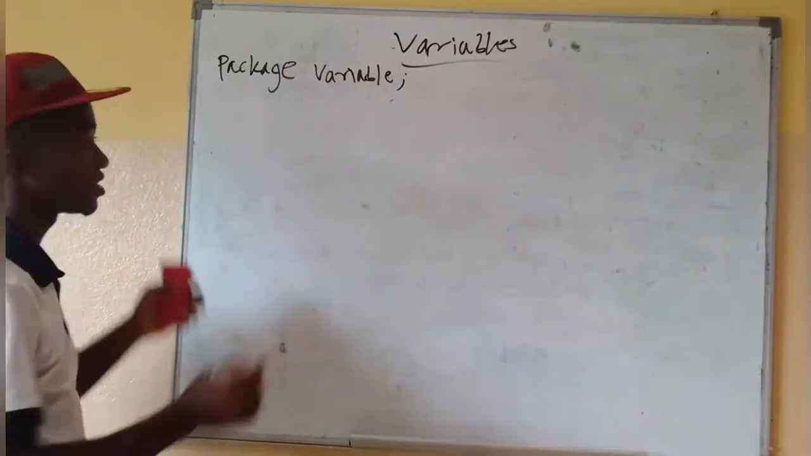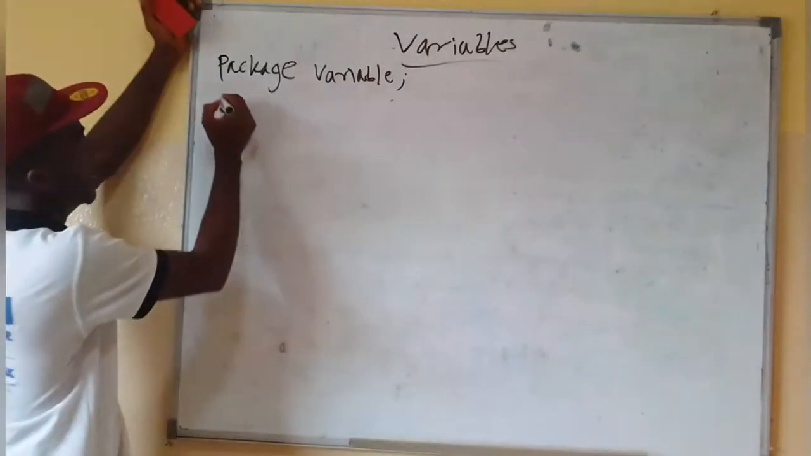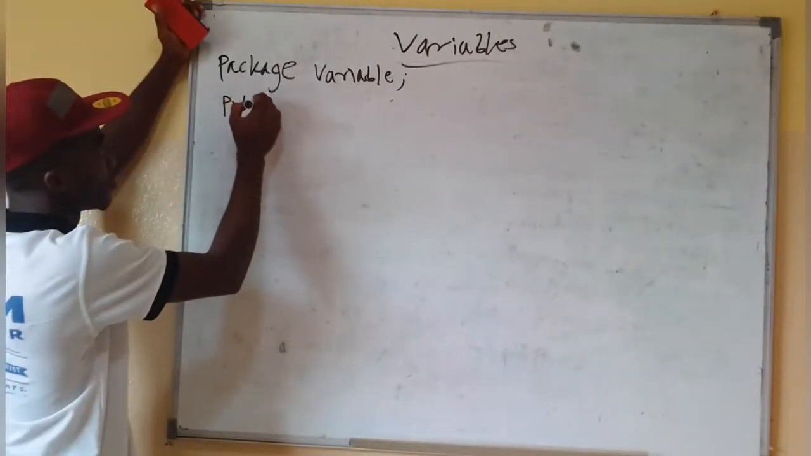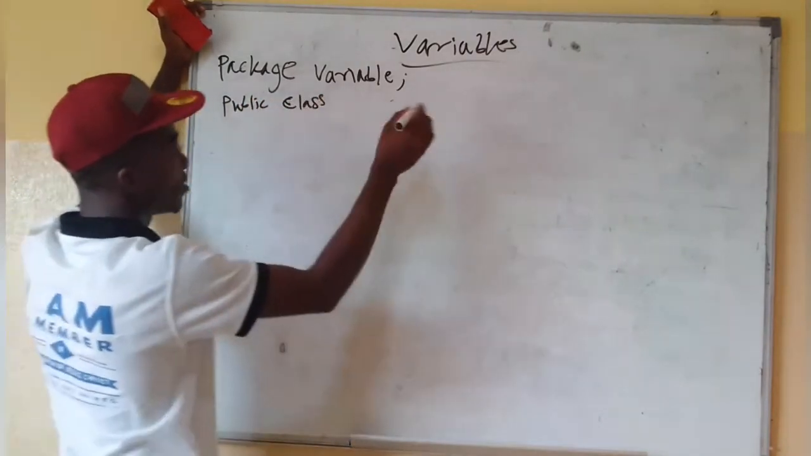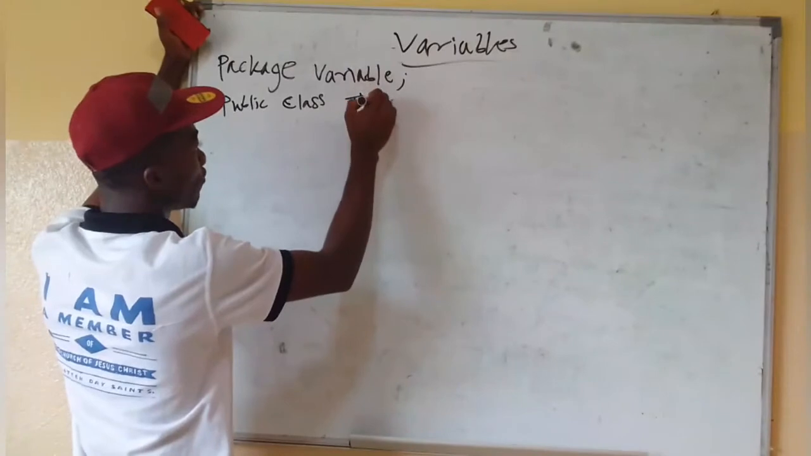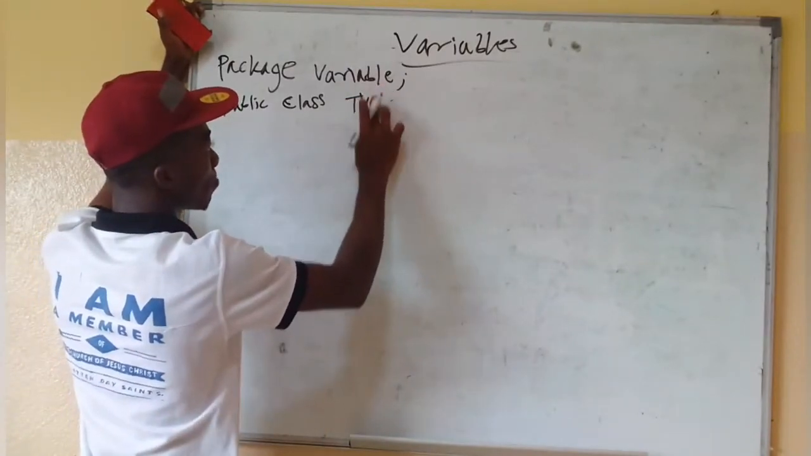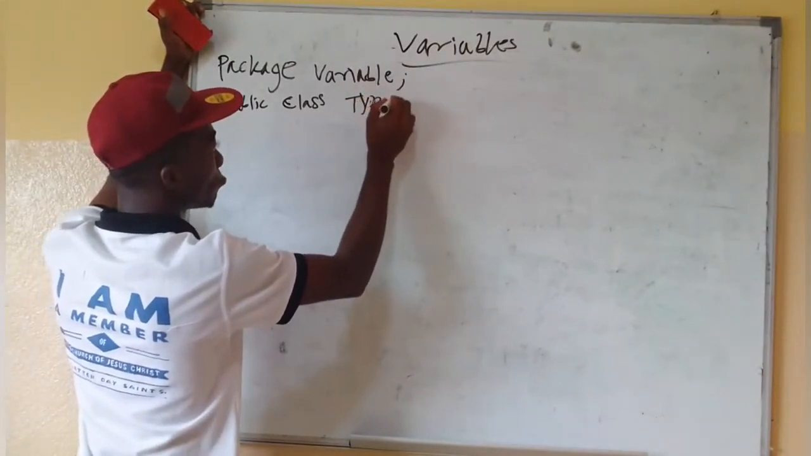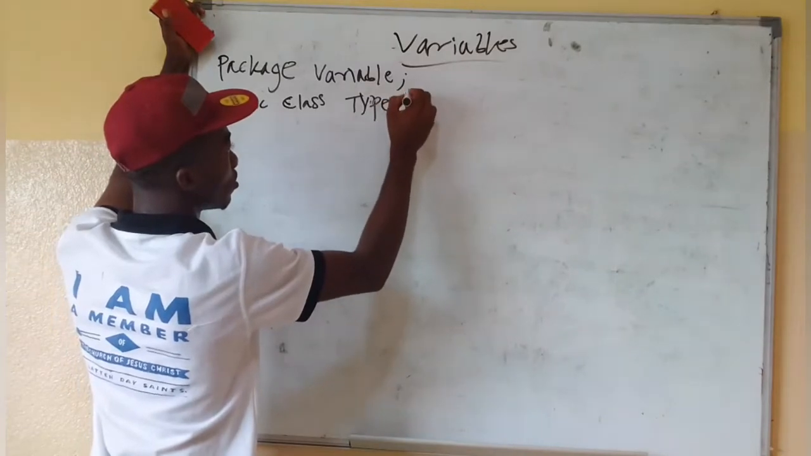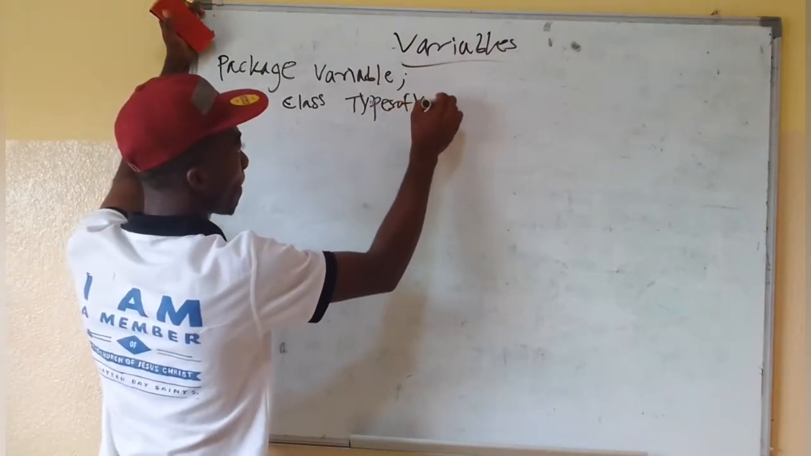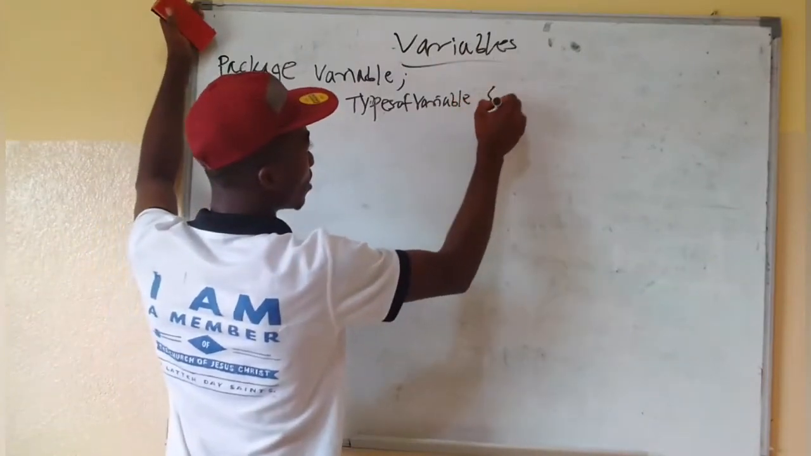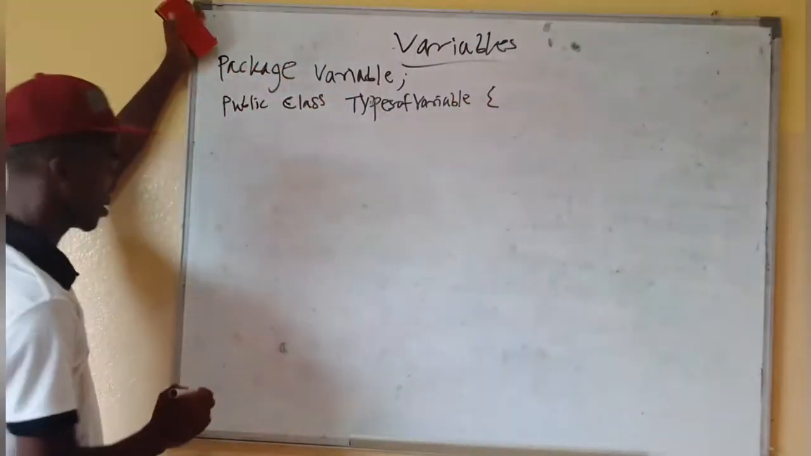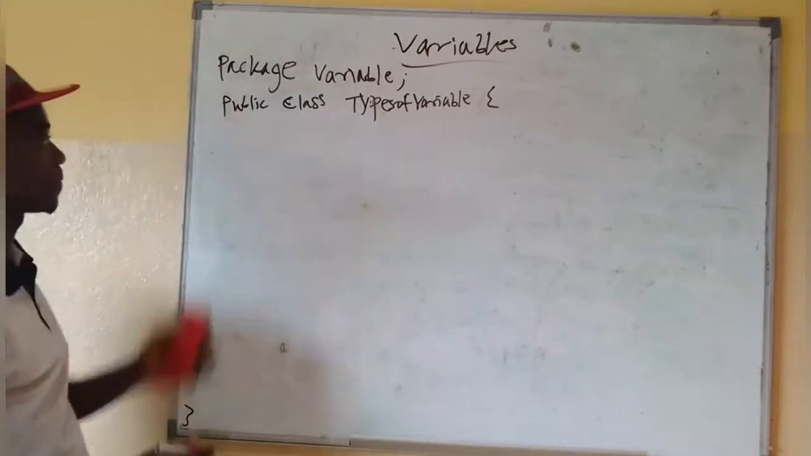And then let's say you have your public class. I'm going to name my public class Types of variables. Okay, then I open my brace and I close it here. Alright,